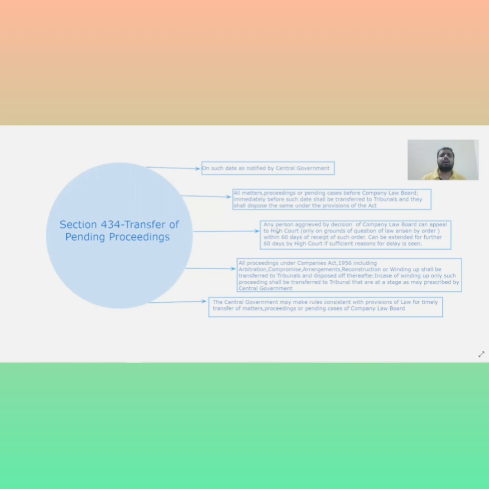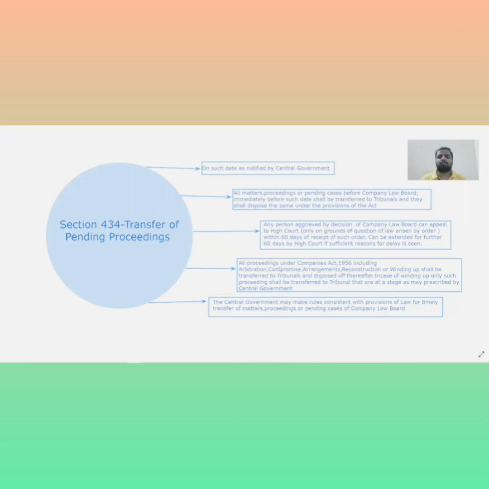Now, in this case, again, there is an extension of period, and I can guarantee you that you can easily guess what the extension period might be without looking at the screen. Of course, it is 60 days. The same logic: 45 plus 45, then 3 months plus 90 days. Here it's 60 plus 60, same as in the case of the Supreme Court. It can be extended if the High Court feels that the reasons are really valid, but only up to a period of 60 days.